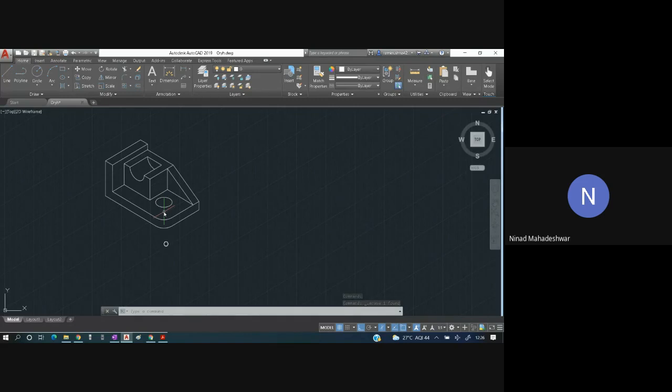Sometimes the circles will intersect each other. If the thickness is less, the circles are going to intersect each other, so that time we have to consider that thickness. So copy this. This should go down by 12, hence you can see over here there is a small intersection between the circles, so that is what we have to show.